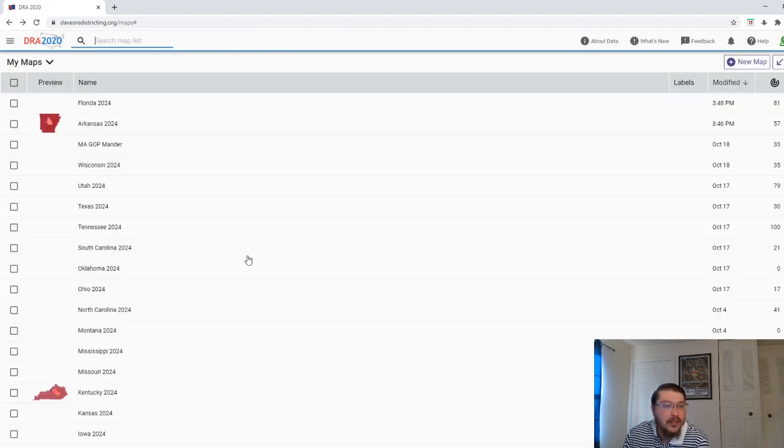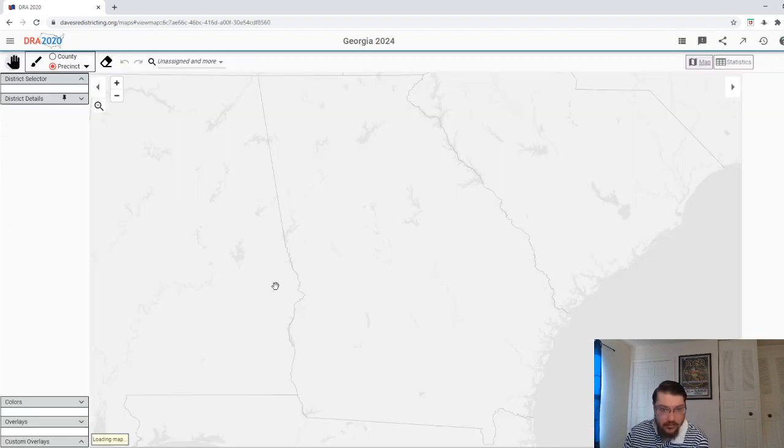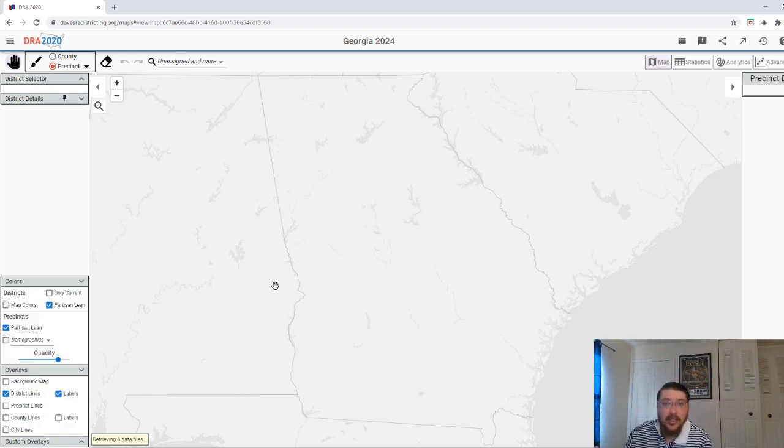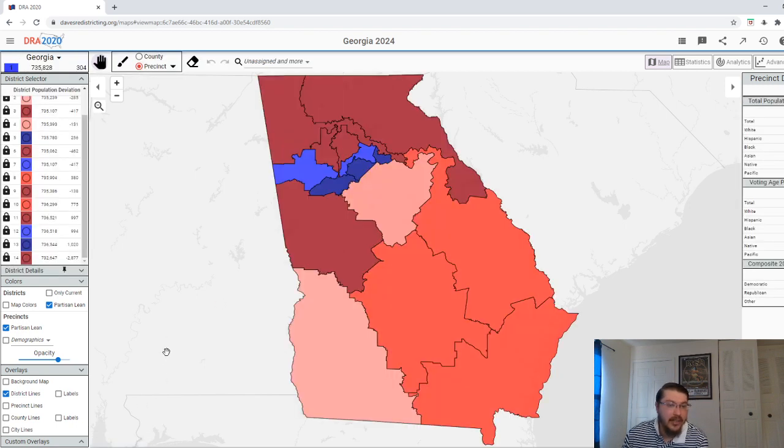If we go back, I go to Georgia, where the Republican Party will have different goals than in some other states, and I'm trying to make this go relatively quickly, but the thing is not being cooperative. So I'm going to take this time while I wait for this to load, and say